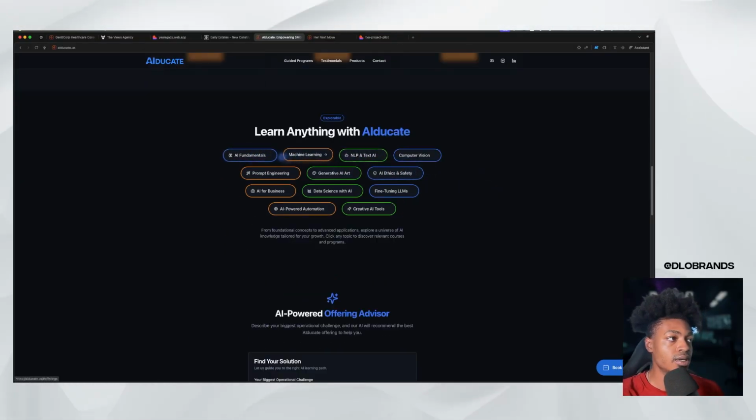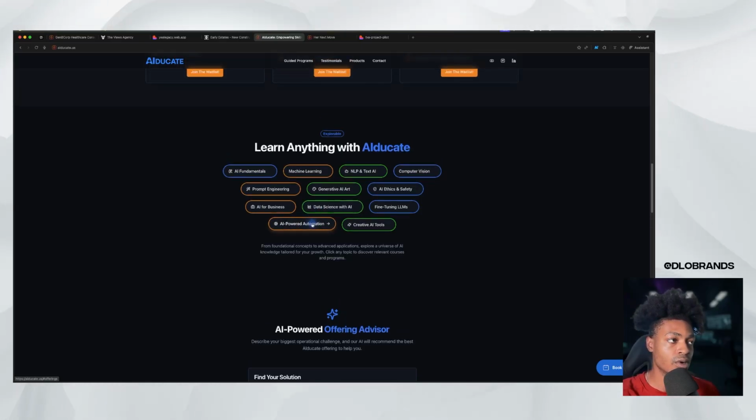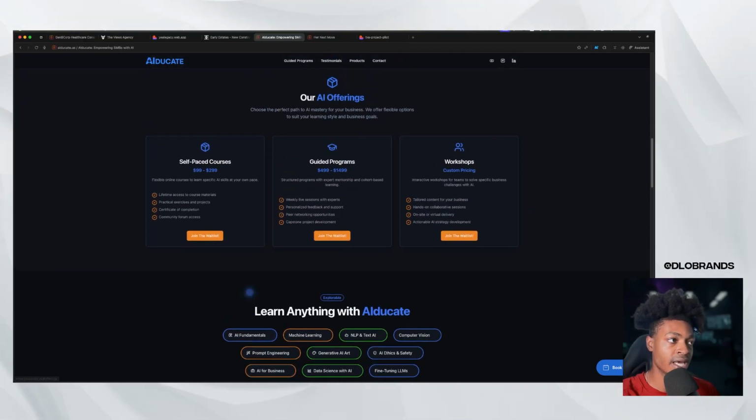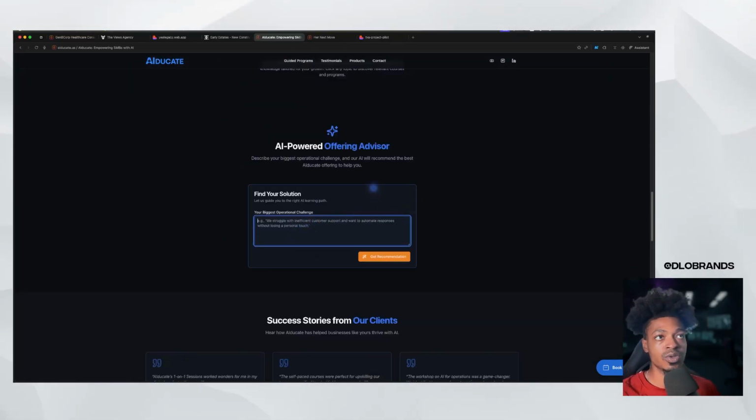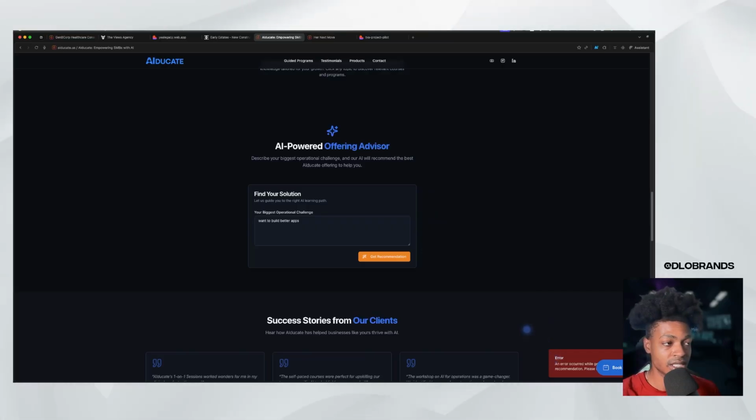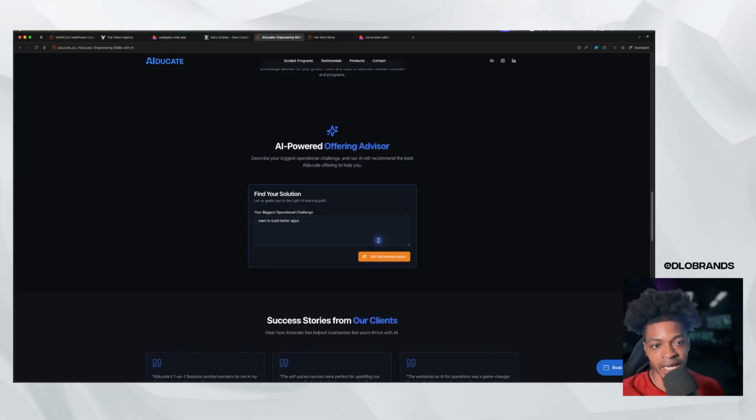We have this cool section right here, which is going to be more for programs. So when we build out more programs, someone can say, hey, I want to learn about generative AI art, and the specific program that's going to teach you those things is going to show up, instead of all of these other programs that do other things. So this is an AI component. When you build inside of Firebase, you can embed AI components or create AI components natively. So if I go in here and say I want to build better apps, then you can press get recommendation. Of course it doesn't work, but I've used it before, and it basically goes through an AI prompt to get